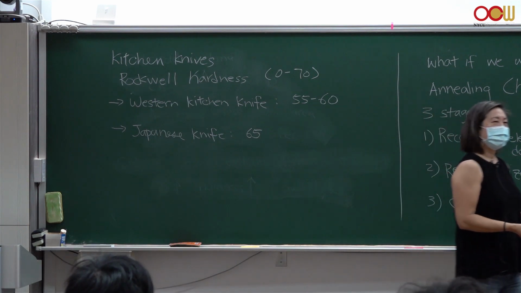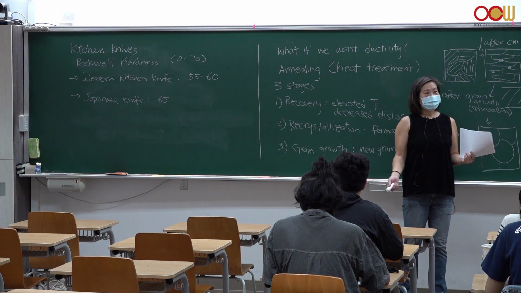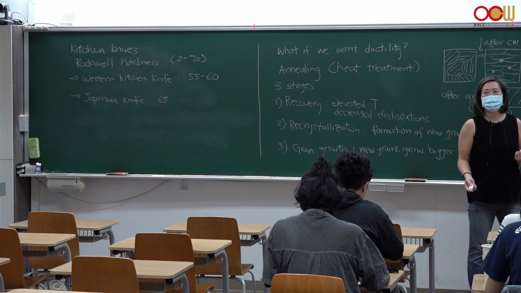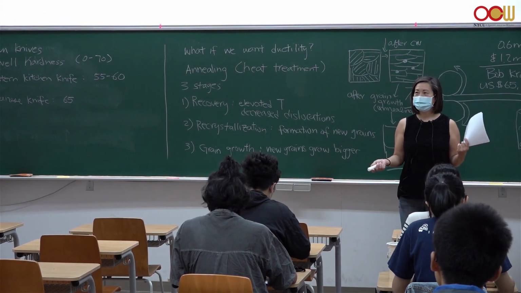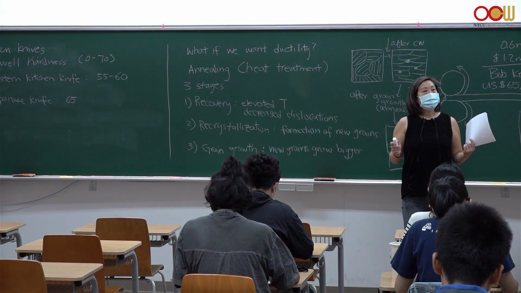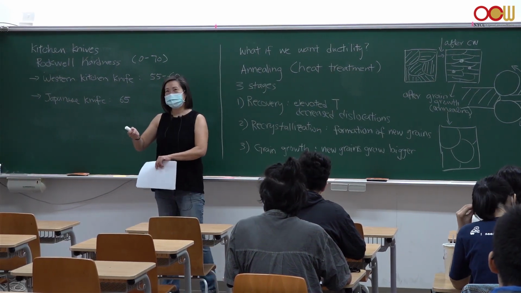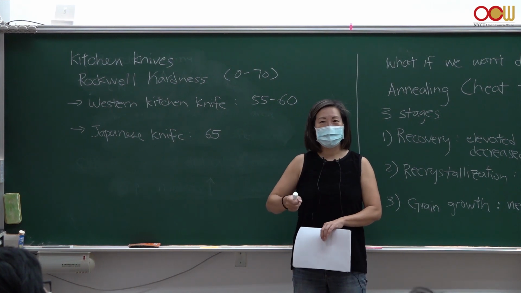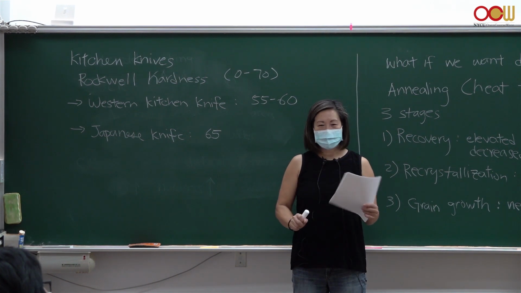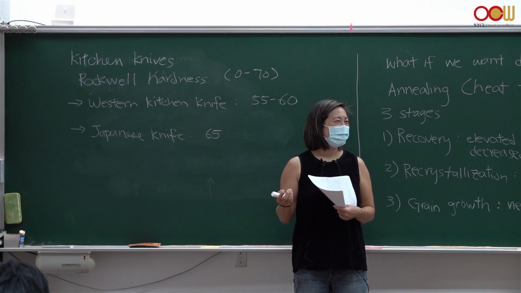The Western knife is what you could get in the US or in Europe, and it's soft because it's what is considered an all-utility knife. You use it to cut lots of things. It needs to be soft so that when you cut things that are like a bone, right? If you want to chop through a bone or work on a chicken,